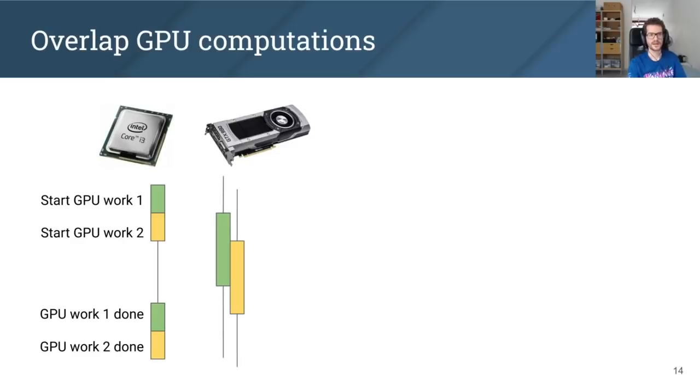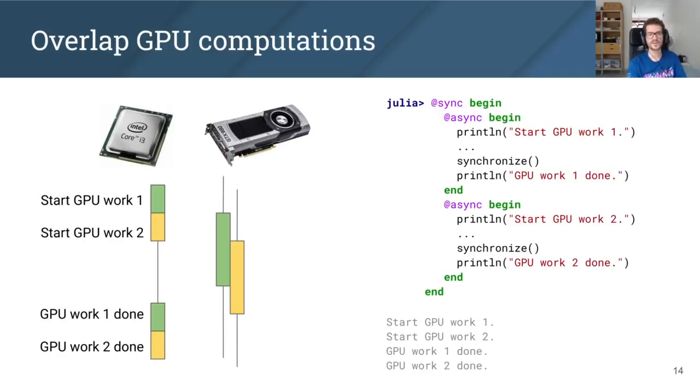Anyway, back to the beginning. So instead of using multiple tasks to overlap GPU and CPU computations, we can also overlap independent GPU operations. By just creating two tasks and performing GPU operations in each one of them, the GPU operations are going to be assumed independent, and the GPU may be able to perform these operations in parallel. This is actual parallel execution, not just concurrent. But it does depend on how powerful your GPU is and how demanding your application is.